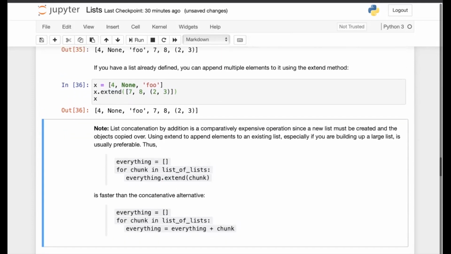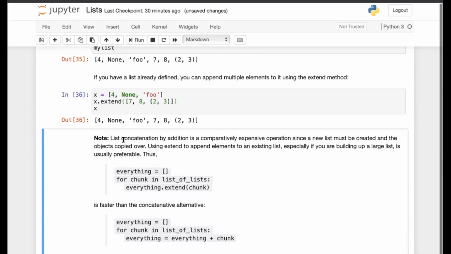Now, another thing to note here is that list concatenation by addition is a comparatively expensive operation. Because what is happening is that a new list is being created from the 2 already existing lists, and the elements of both of the lists are being copied to the new list. So it's a comparatively expensive operation.